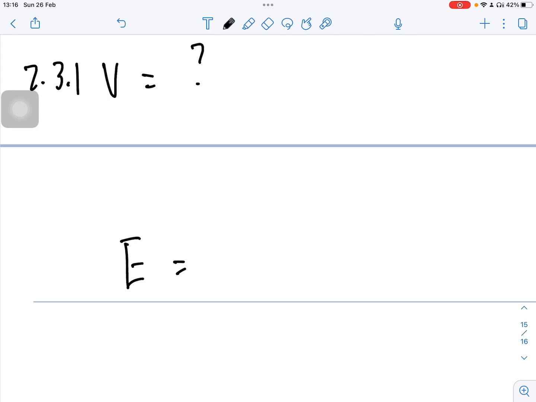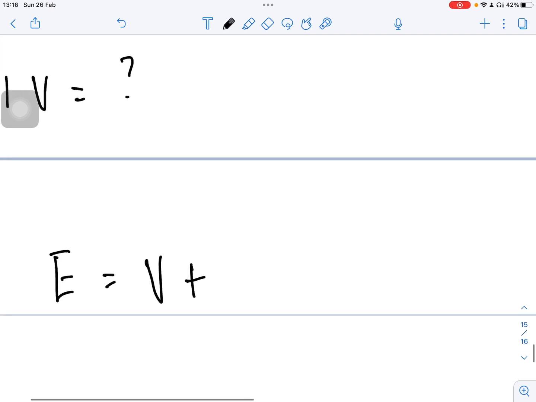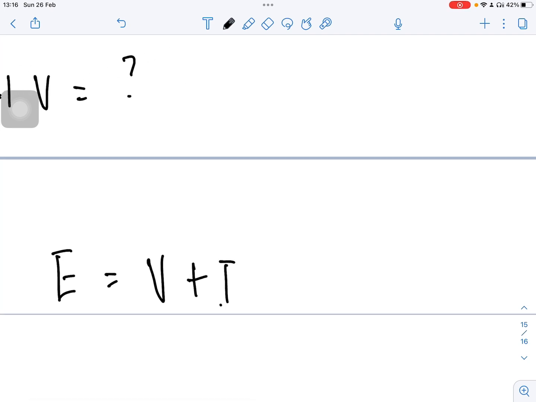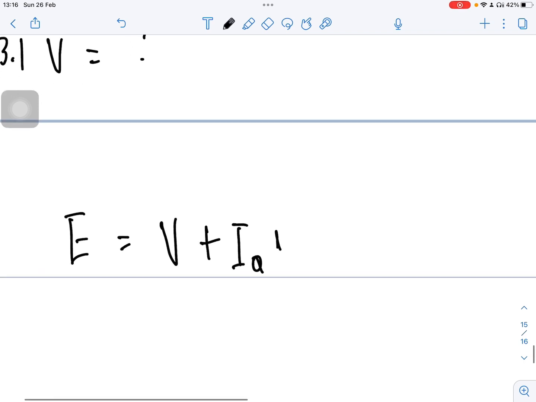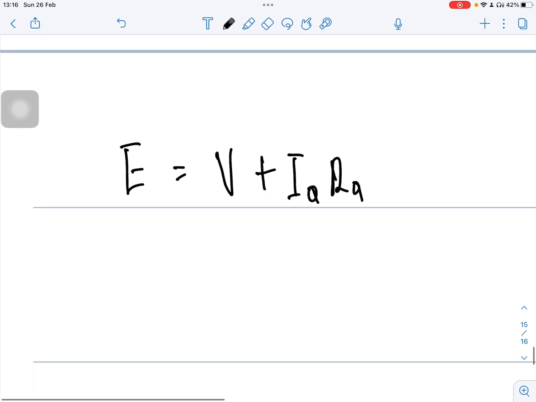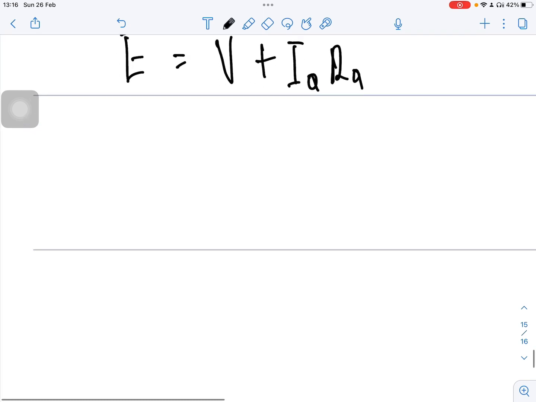E is equals to V, with a generator we say plus, then with a motor we say minus. Take note of those things, please. Plus I_A R_A. First thing, before you start getting confused,